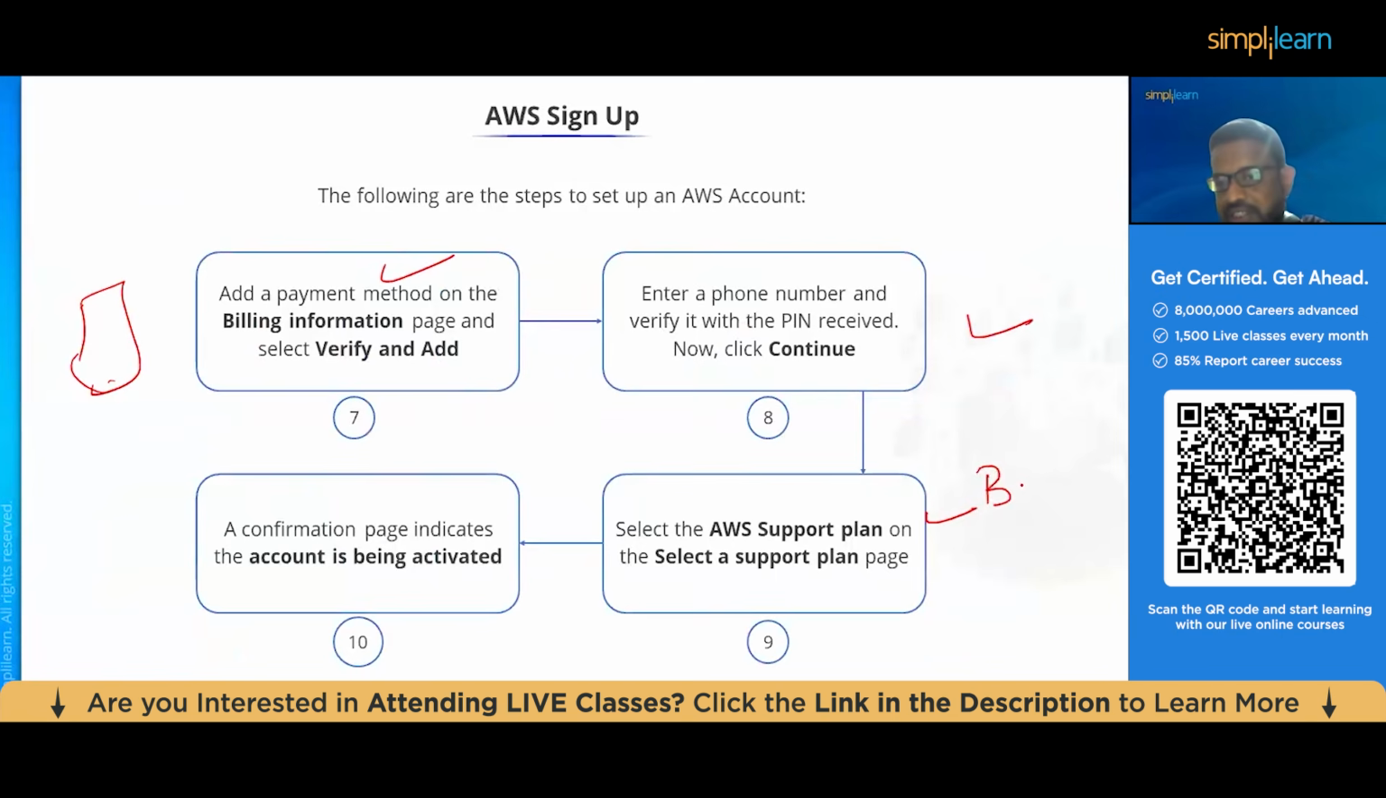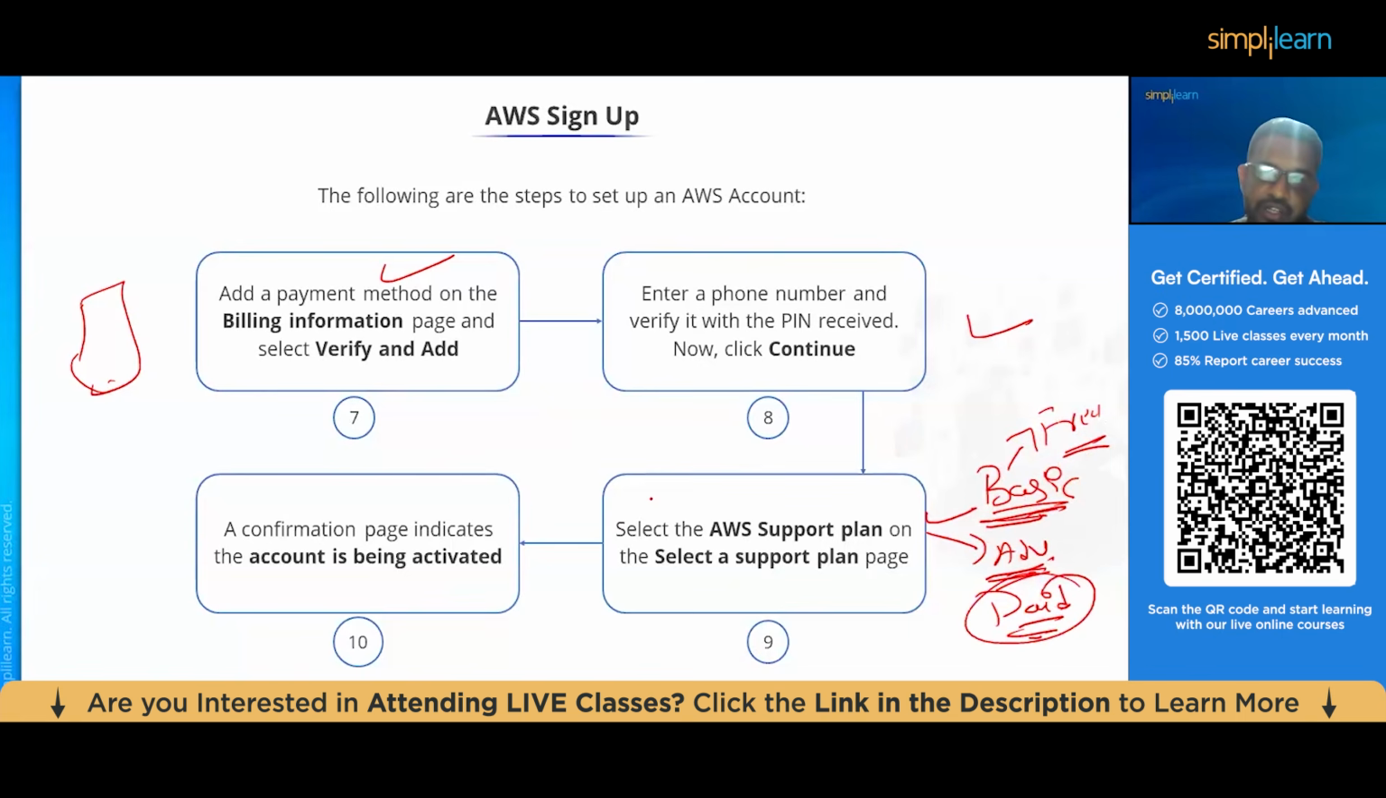By default, the basic plan will be available, which is free. Some advanced plans are also available, but these are paid services. So the basic plan is always available with all the accounts. There are no charges. But when you go for an advanced plan, you have to pay for it. Once you select the plan, then you are ready with your account and you have successfully activated your account now,